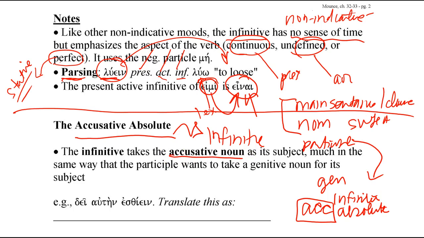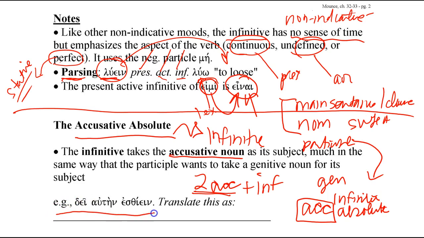So the infinitive takes an accusative noun as its subject. So you have to be careful here, because sometimes you might have 2 accusative nouns being used in a sentence, and it's part of the infinitive phrase. So you have to decide, well, which one's the subject, which one is the direct object if you have two accusative nouns as part of the infinitive phrase. Well, there again, it's context. What makes most sense? But let's make it simple and just have one accusative here.